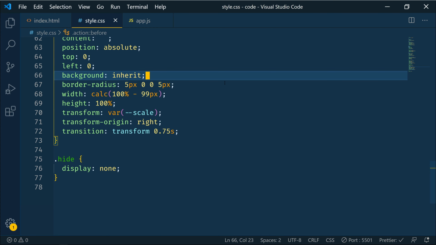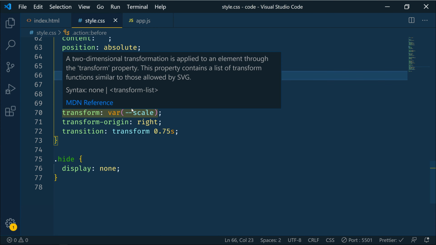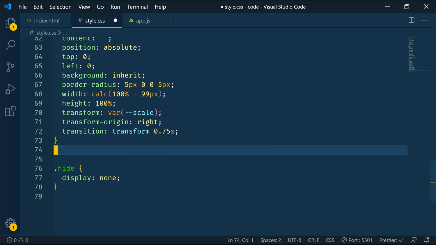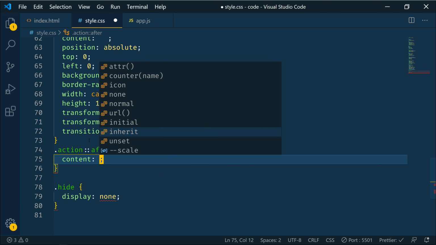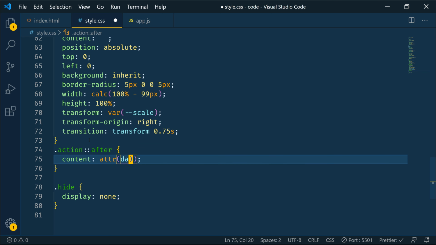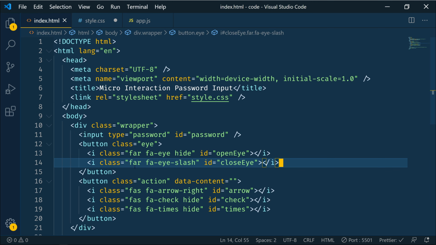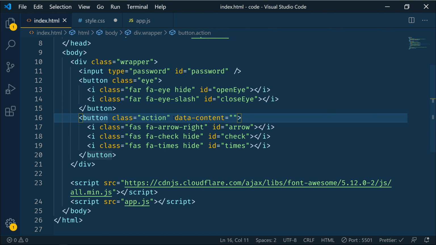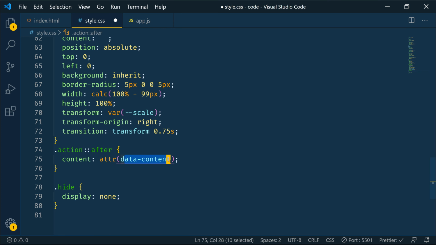All right, now let's look at our message that we're going to show. So the message is actually going to be another pseudo element. So we'll say action after. We'll say content, and the content is actually going to be our data attribute. So we'll say attr data-content. We'll go back to our HTML here, and remember on our button, we had a data-content and we set it to blank initially, right? So we're going to set that to whatever our data-content attribute is,